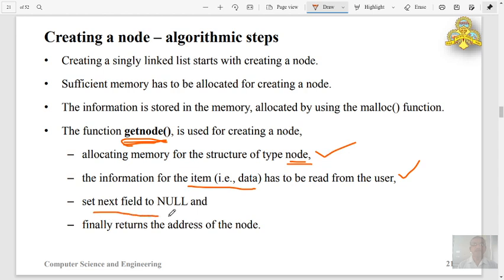Set next field to null. Next ಅಂತಂದ್ರೆ pointer to next node. Since I am creating a node, ನಾವು node create ಮಾಡ್ತಿರ್ತೇನೆ, next node ಯಾವುದು ಅಂತ ಗೊತ್ತಿರಲ್ಲ. ಸೊ ಹಾಗಾಗಿ ಪಾಯಿಂಟರ್ ಫೀಲ್ಡ್ಗೆ null assign ಮಾಡ್ಕೊಂಡು finally what's the base address of the node, that is returned to the calling point. ಅದರಲ್ಲಿ ನಾನು ಫಂಕ್ಷನ್ ಕಾಲ್ ಮಾಡ್ತೇನೆ. ಸೊ ಯಾವ ಪಾಯಿಂಟ್ ಅಲ್ಲಿ ಕಾಲ್ ಆಗಿರುತ್ತೋ ಆ ಲೊಕೇಶನ್ಗೆ ನ್ಯೂಲಿ ಕ್ರಿಯೇಟೆಡ್ ನೋಡ್ಸ್ ಅಡ್ರೆಸ್ is returned.